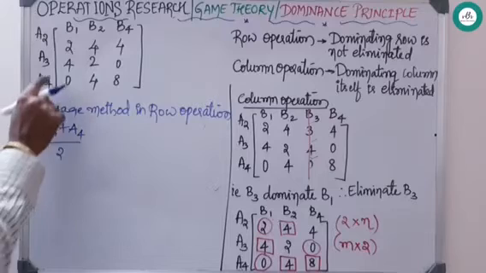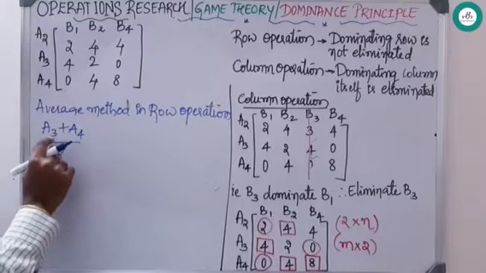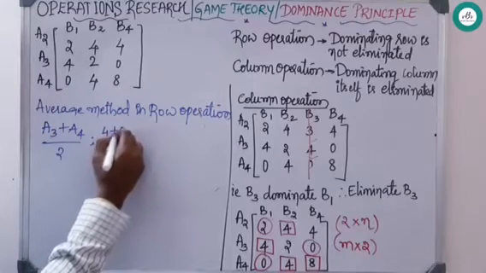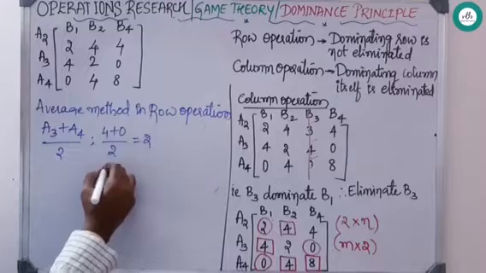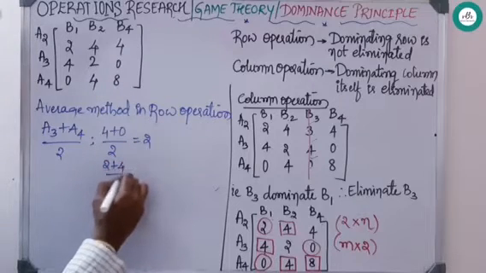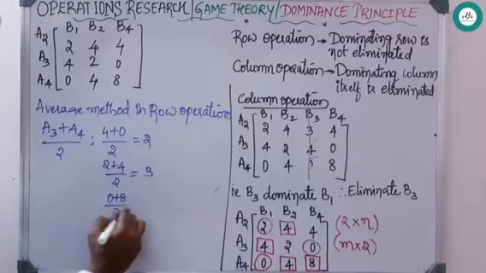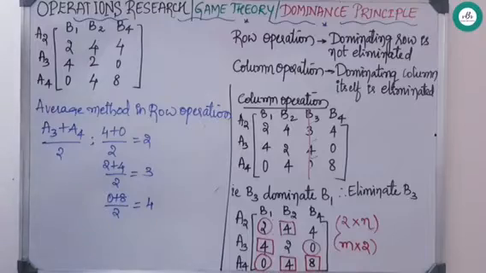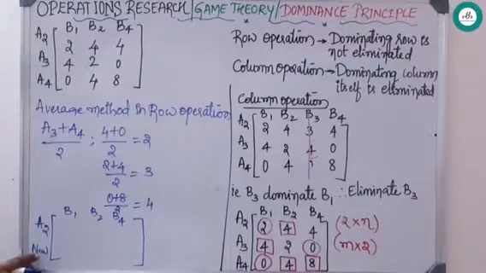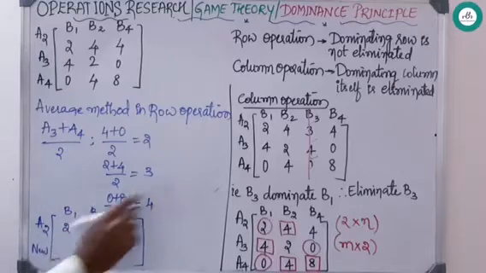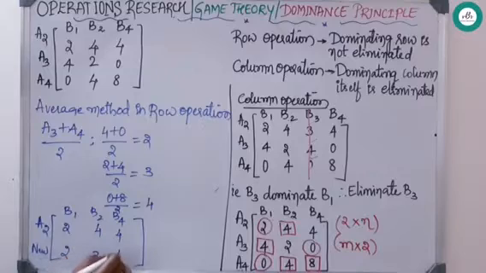So now we shall check this combination, 3 and 4, that is 3 plus 4 divided by 2. Taking elements, 4 plus 0 by 2 is 2. Next, 2 plus 4 divided by 2 is 3. Next, 0 plus 8 divided by 2 is 4. So I have called this A3 plus A4 as new, and I have retained A2. Whatever the A2 value, just write down 2, 4, 4. Next, the new values 2, 3 and 4.